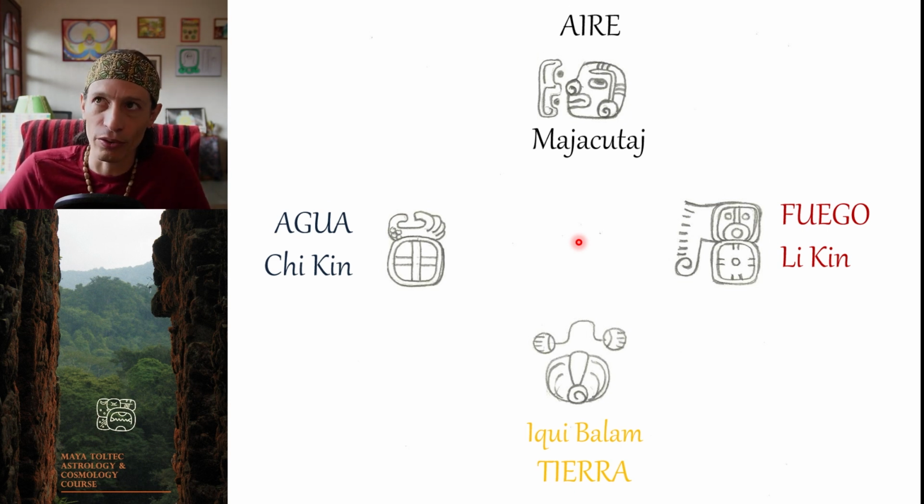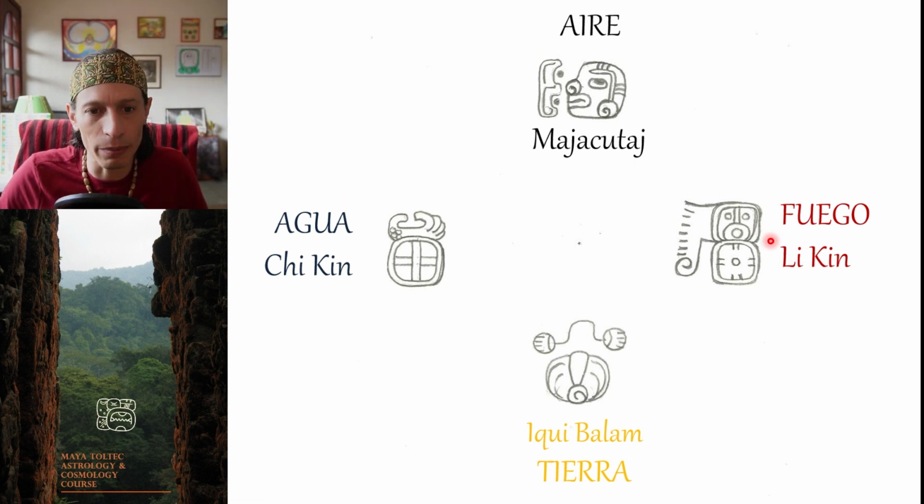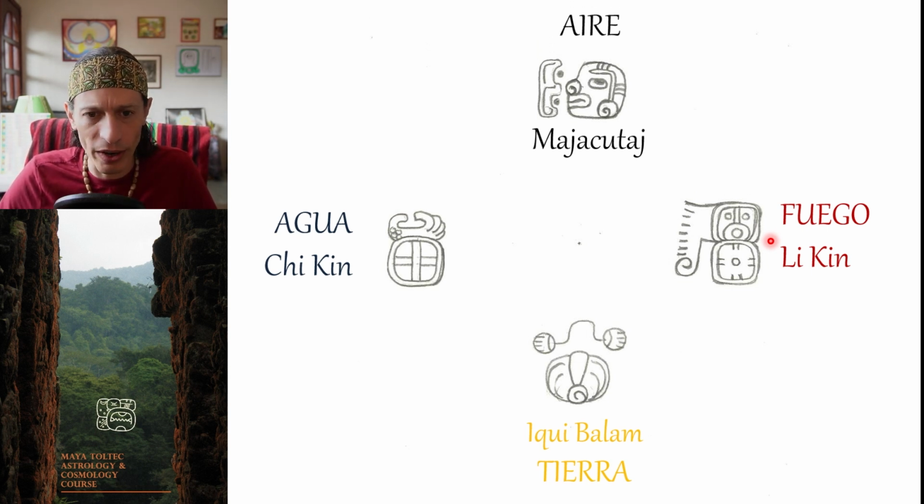So there's like a first layer. There's a primordial, essential element, and then from that, there's a next element, and there's the fourth element. So the primordial element, which one is it? It's fire. And we've talked about fire when we talked about the god of fire, Tohil,